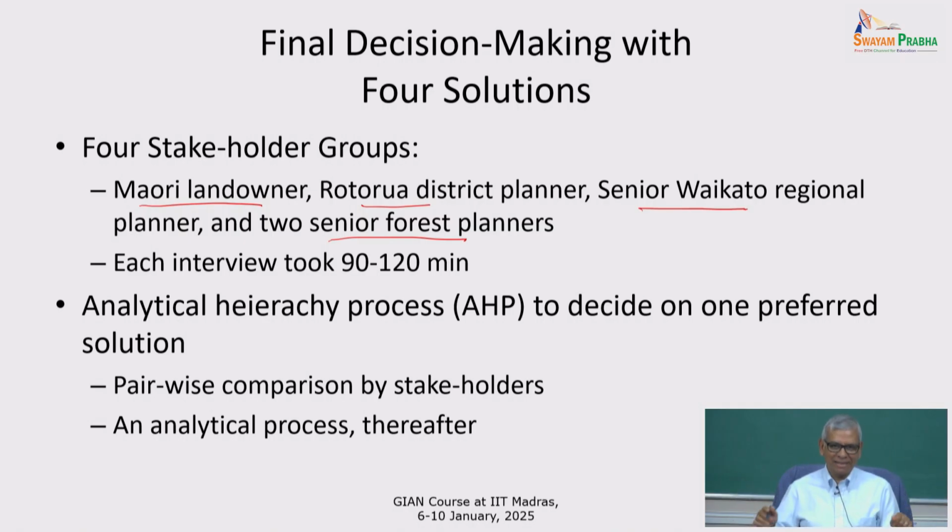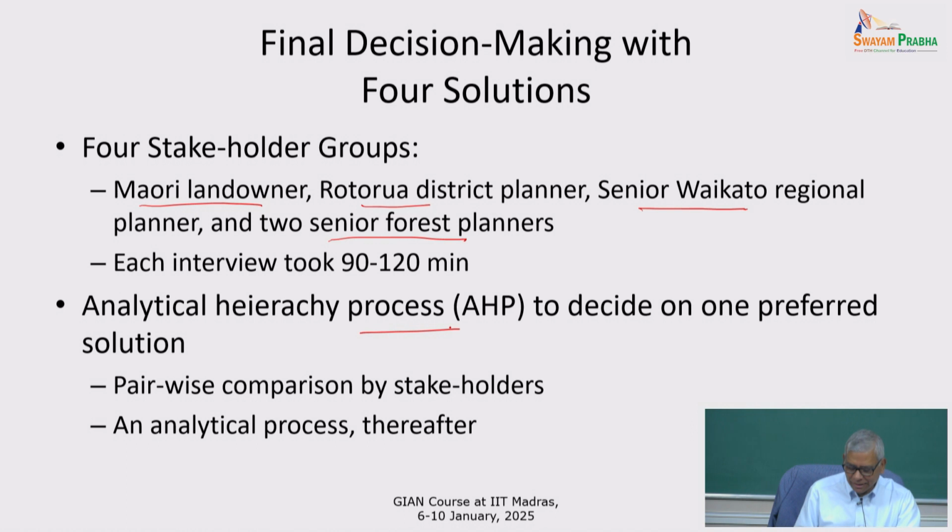With the math, they don't have to look at my table. They just say whether they like this or not, whether getting more wood is more important than getting more milk, that kind of thing. The district planner said, I don't care, so we just put 1 for them. But then we had to come up with one number, so there was some averaging and voting we did to do that.